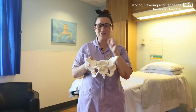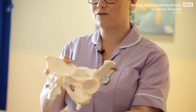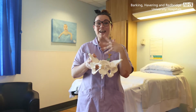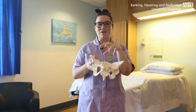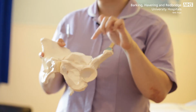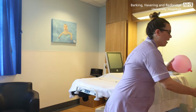Then you've got your uterus. Your uterus starts off really tiny. It's even smaller than my fist, and it sits right here at the front of the pelvis. During pregnancy, as you know already, that grows and grows until it reaches under your ribs. And there are also some ligaments joined to the pelvis that are supporting your uterus,